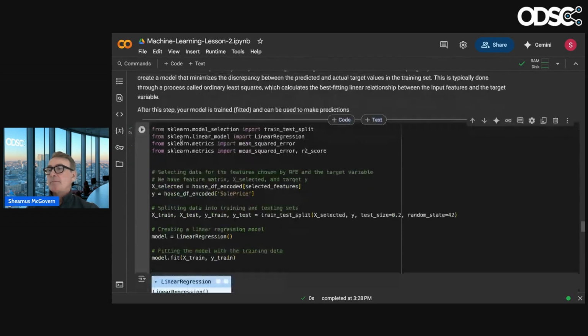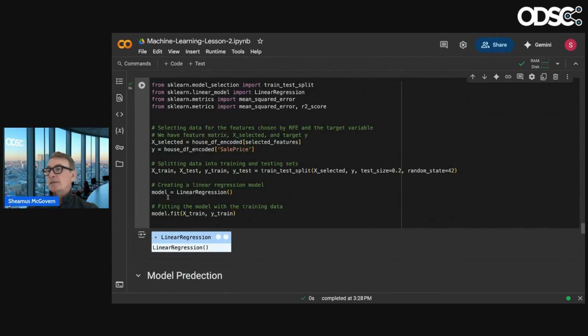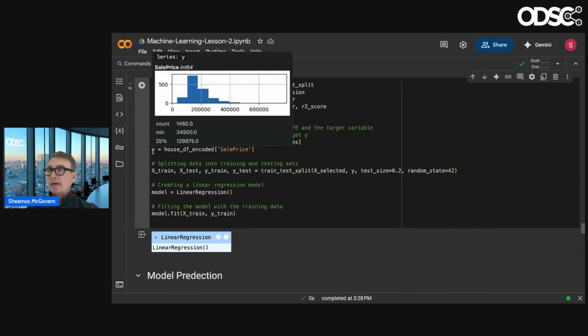What we're doing here is we have our selected features. We have 20 features selected, that's our X selected, and y is our sales price.